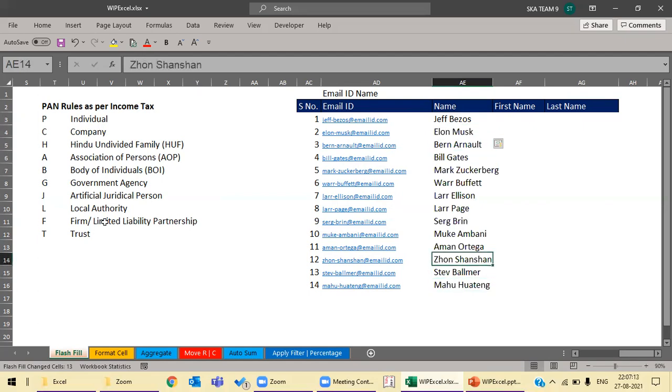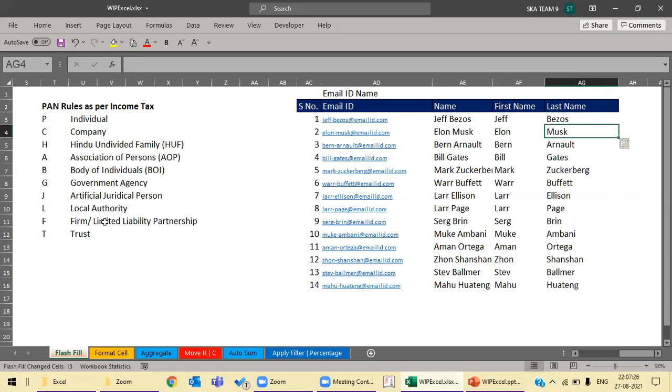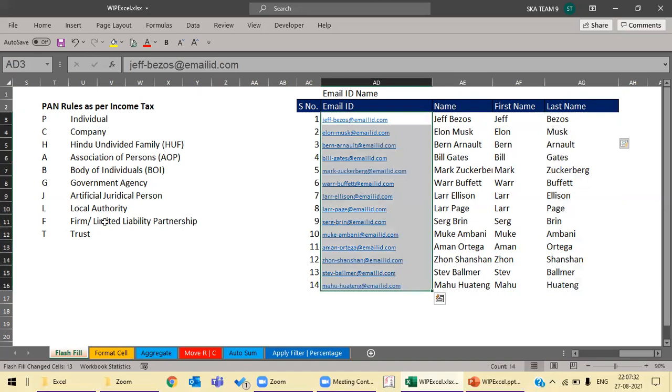You will get all the names out of the email IDs. And if you want the first name, you just type the first name, and if you want the second name also, you just type the second name and press Ctrl E, Ctrl E. And here we have extracted the full name, the first name and the last name out of these complex email IDs.